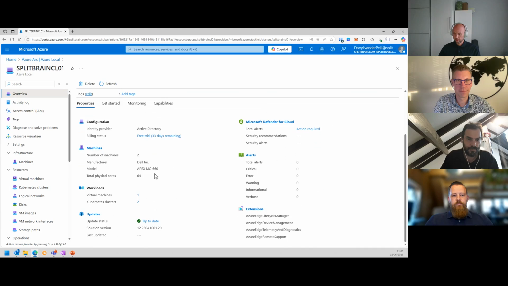If I scroll down a little bit, you can actually see what hardware I have underneath this cluster. So I have some Dell nodes, which are the Apex MC 660s, my physical cores. We spoke about the licensing model, so we pay per core, right? So this also ties to your billing. Yeah, and let's repeat this. It's per physical core. We do not count hyperthreading.